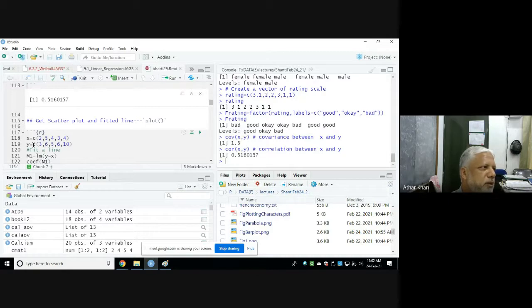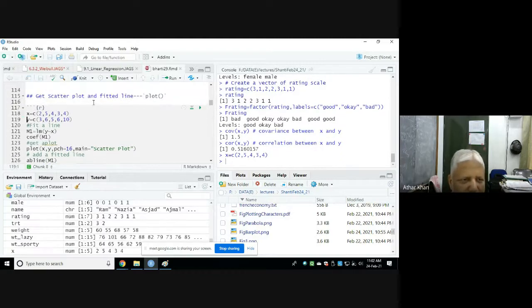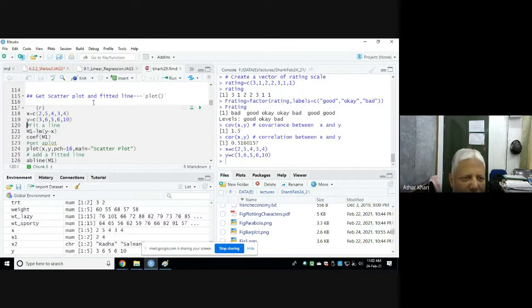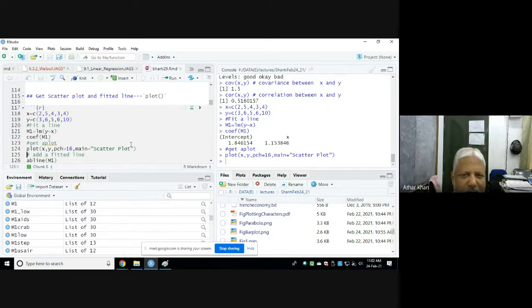Yes, so virtually when we show you the plot, you will understand better. Look, we are taking an example. You see x and y, we are fitting a line. We will explain it now. Here beta intercept is this one and this is the regression coefficient, and see the scatter plot I am showing, and then we are adding a line.